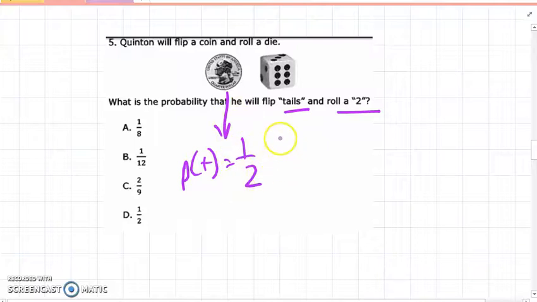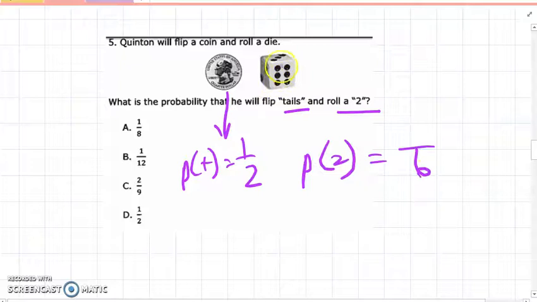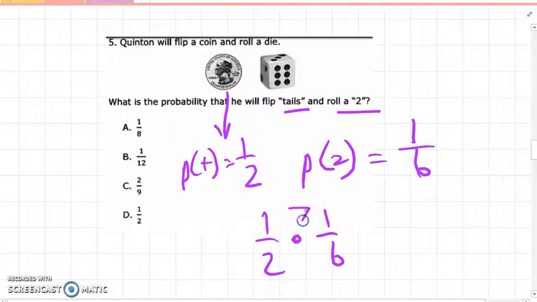and 1's tail. The probability of landing on the number 2 here, well, it has 6 sides. So 6 total sides. How many 2's are there? There's only 1. 1 out of 6. So what I'm going to do with those? I'm going to multiply from left to right. You get